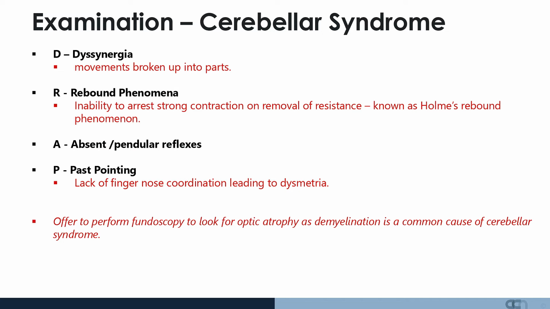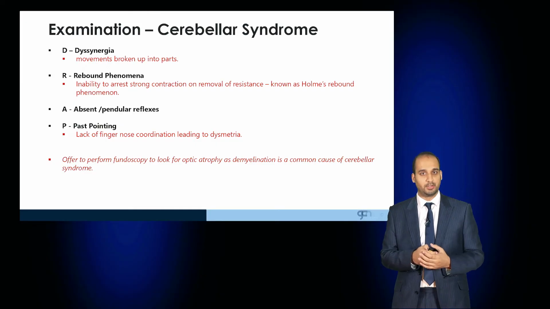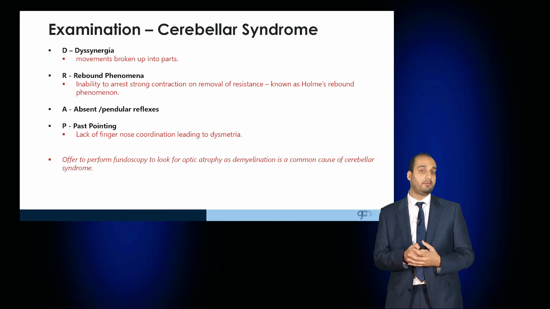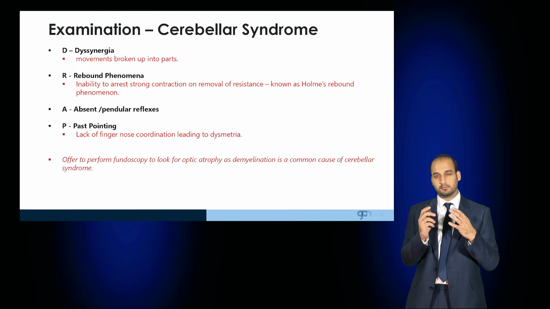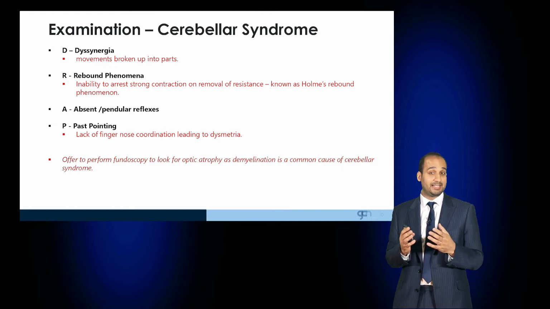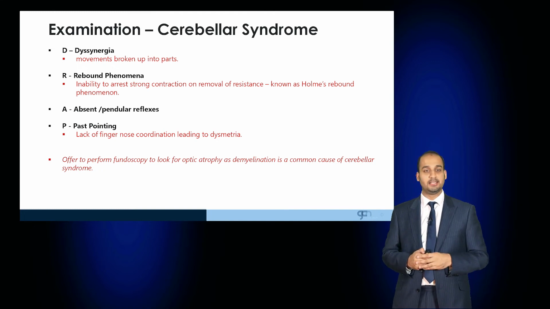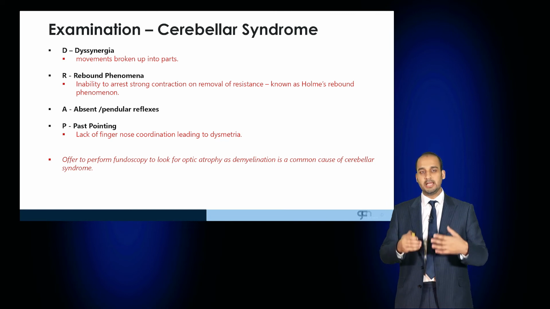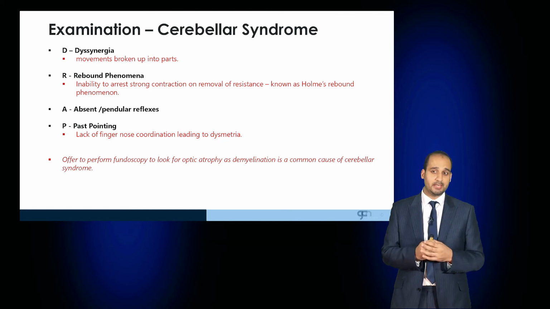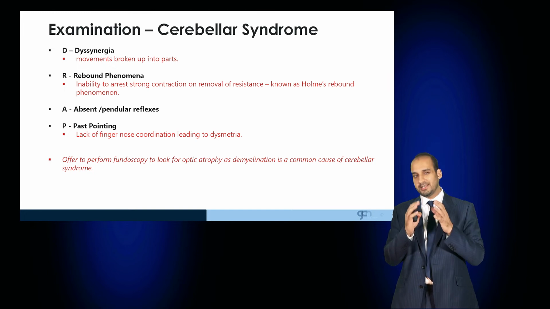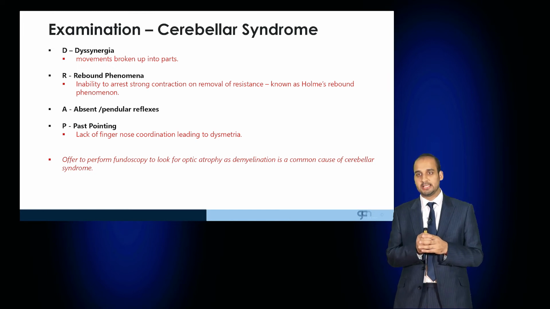Reflexes are either pendular or absent, and there is marked dysmetria or past pointing. You can also offer to perform fundoscopy to look for optic atrophy, as demyelination is a common cause of cerebellar syndrome. It's important, if you find cerebellar signs, to think about what additional clinical signs you can elicit to help